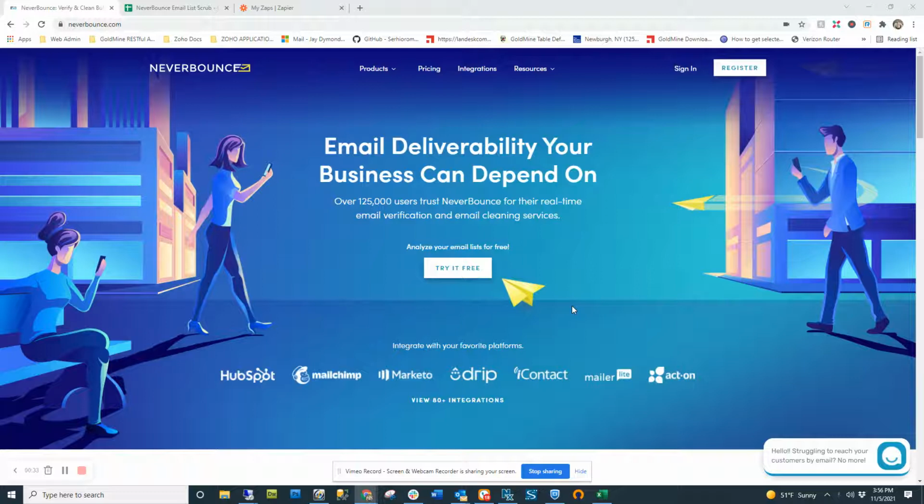And really, for those who send emails out of GoldMine, we want to always make sure that we're sending to a clean list. Over time, especially with everything that's going on in the last year or two with COVID and businesses going out of business, and obviously people being let go from businesses and a lot of heavy turnover, we want to make sure that the emails that we have are still valid and deliverable before we just decide to